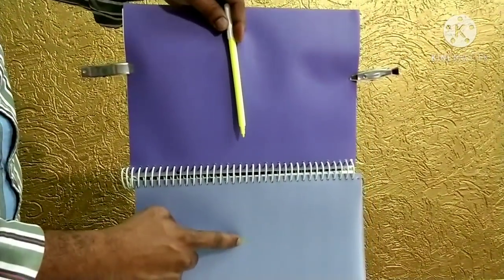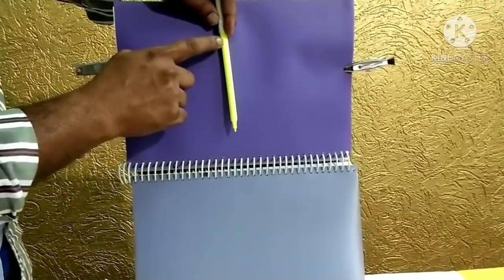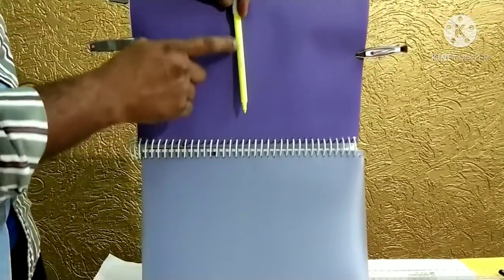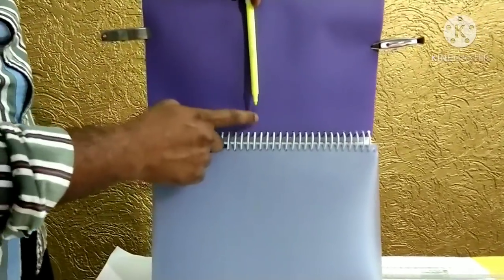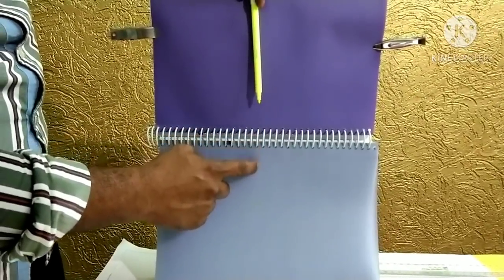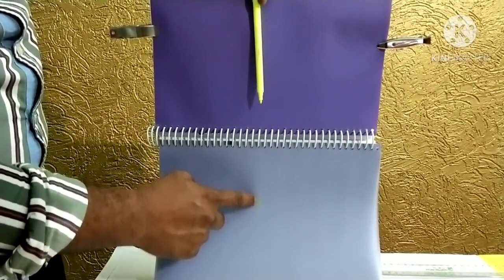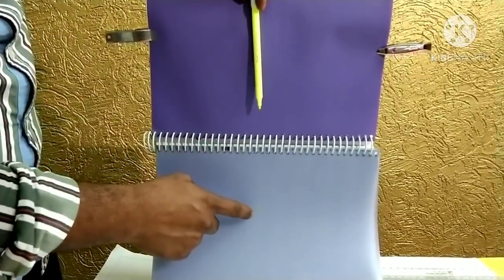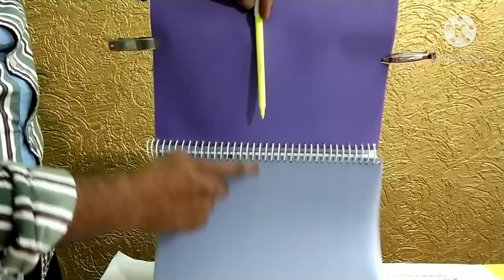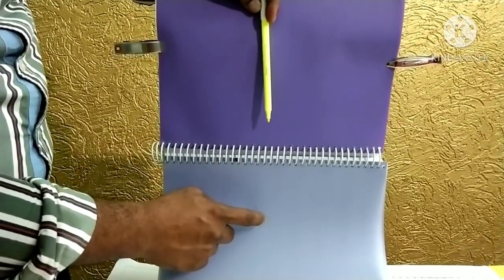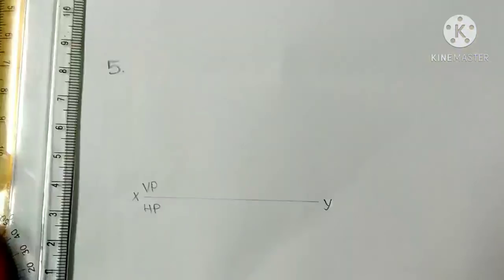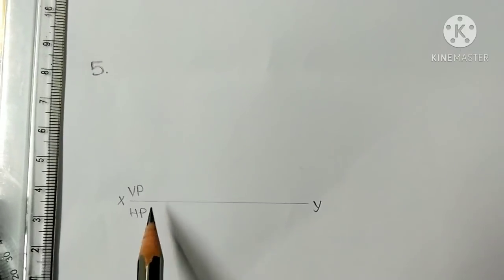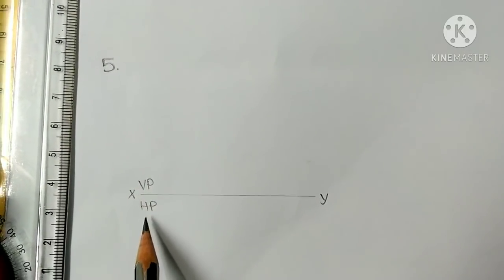This particular point is the top view, this line is the front view. So initially we should construct it, project this one downwards and extend the same projector, depending on the in front of the VP dimension. So here this point is visible, this one is invisible. So we should keep the visible point outside the braces, the invisible point within the braces. Here this is the reference line: above the reference line is the VP, below the reference line is the horizontal plane.